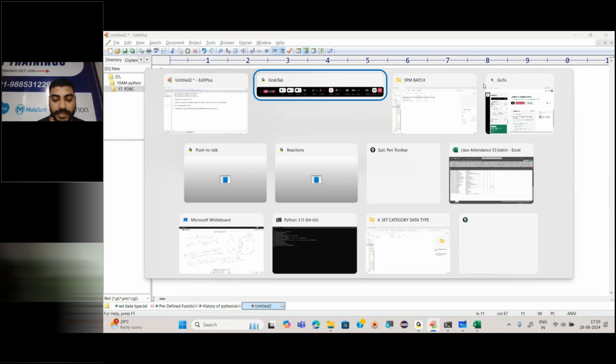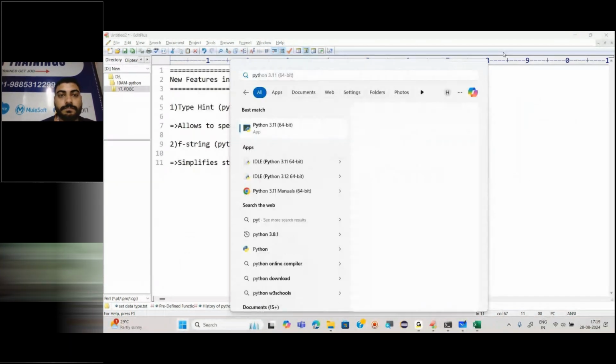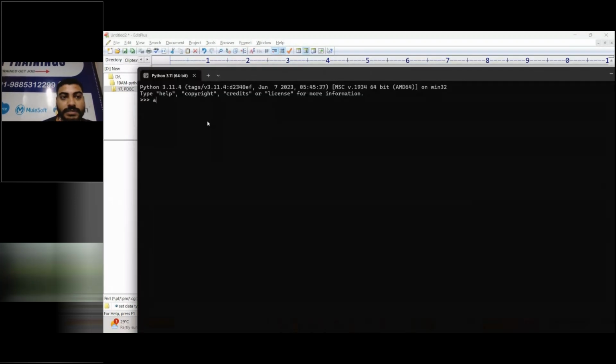Whenever we are writing code in Python, for example, let's suppose a is equal to 20 and b is equal to 10. If I say let's print this value, how would you print? You write print of a, and it is going to give you the value 20. If you write print of b, it is going to give you 10.